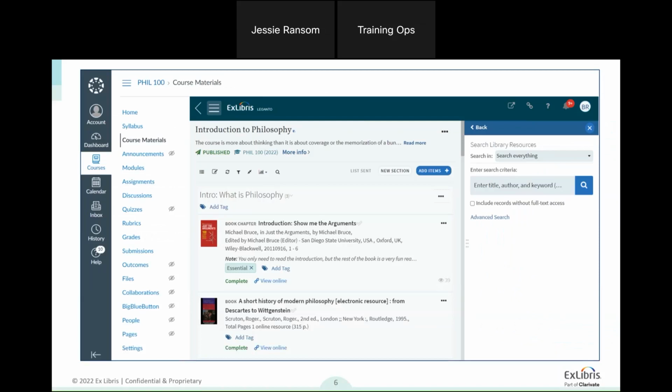Just a quick screenshot here of Leganto, which of course is integrated into the learning management system. It embeds your library resources and the course materials workflows directly into that instructor experience. It's not an extra step for them to go to the library website or to email you. They don't need to fill out forms. They can use the integrated library search or the Cite It to pull resources in. They can include all different types of resources, so your library has a full picture of what is being used, and also, as I said before, the option to maybe purchase something that the instructor didn't realize they could have asked you for. So definitely a better instructor experience.